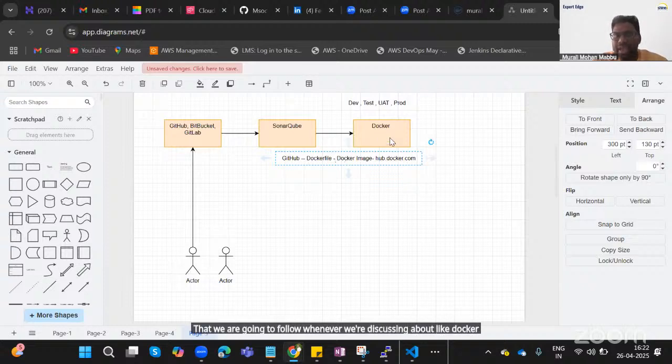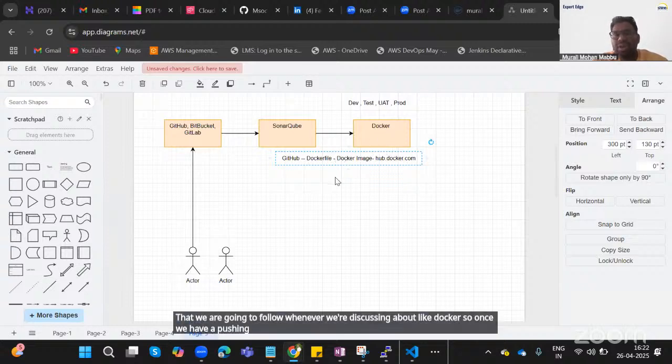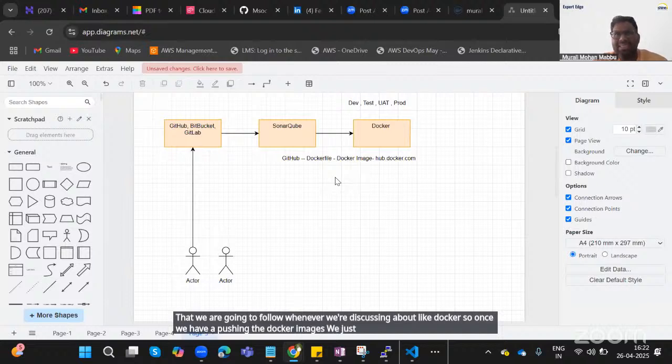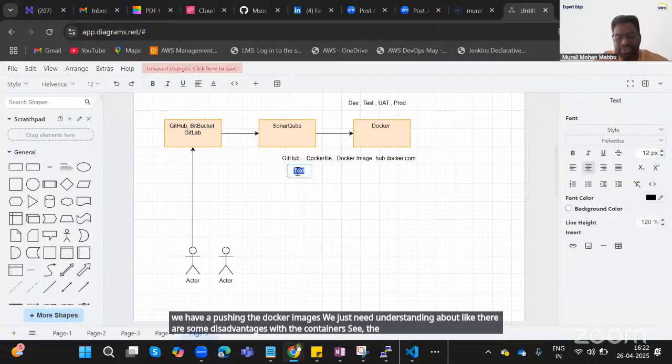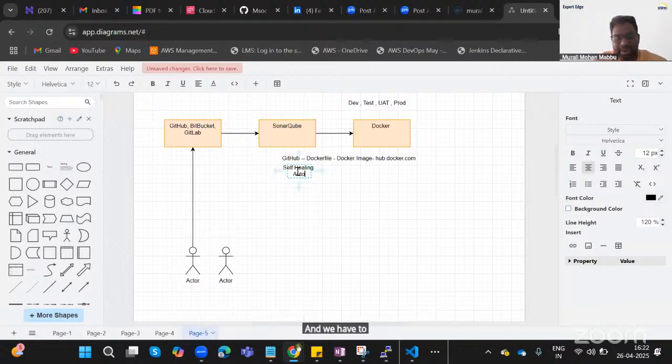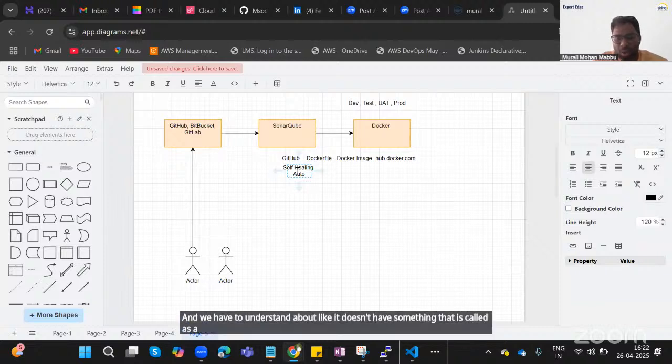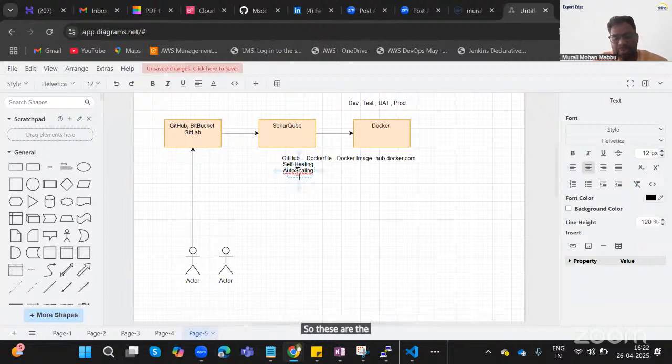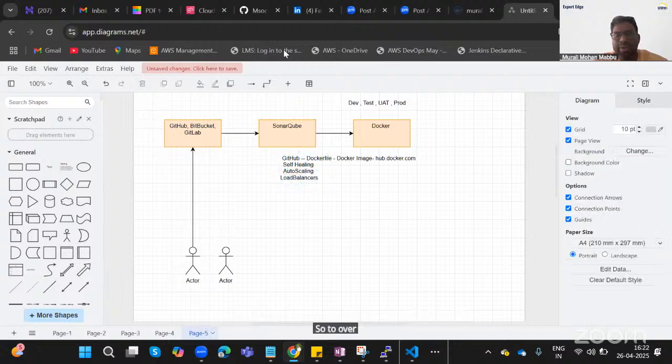Once we have pushed the Docker images, we need to understand that there are some disadvantages with containers. Containers don't have a feature called self-healing, and they don't have auto scaling. These are the features that containers don't support. So to overcome these problems, what we can do is